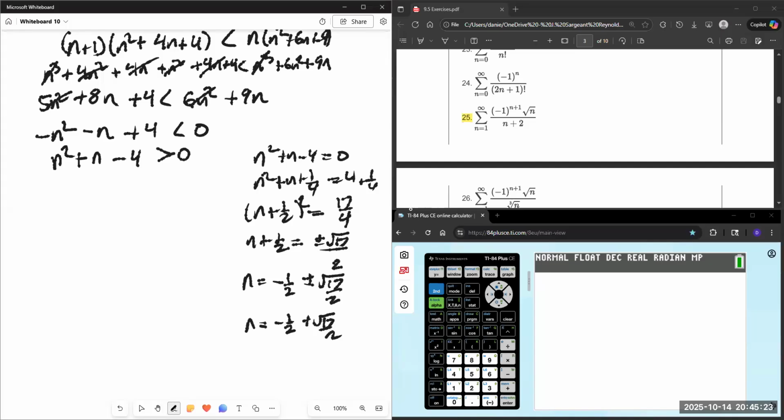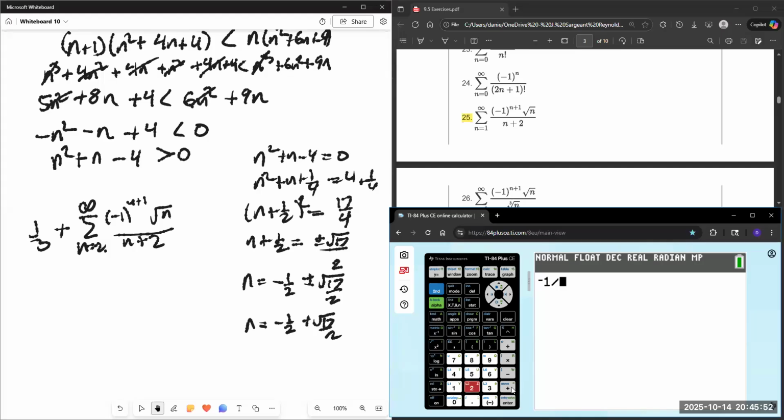So let's pull the first term off here, and that will be the same thing as square root of 1 is 1 over 3 plus the sum from n equals 2 to infinity of negative 1 to the n plus 1 root n over n plus 2. And now, because this is starting at 2 instead of at 1,